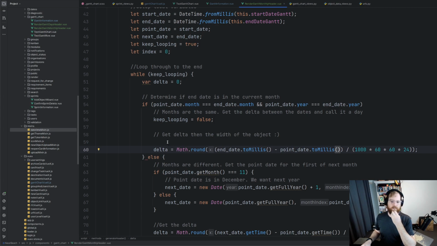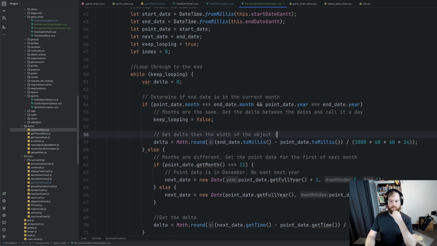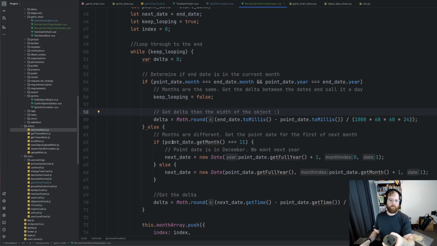All right, so pretty much we're happy with this, and then it'll send it back. And I've forgotten to add that. Okay, months are different. Get the point date for the next month. So point date equals